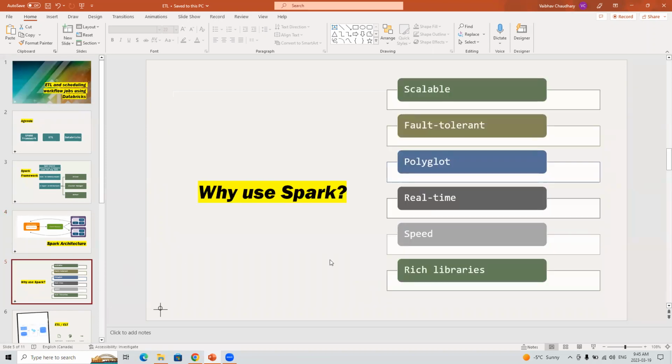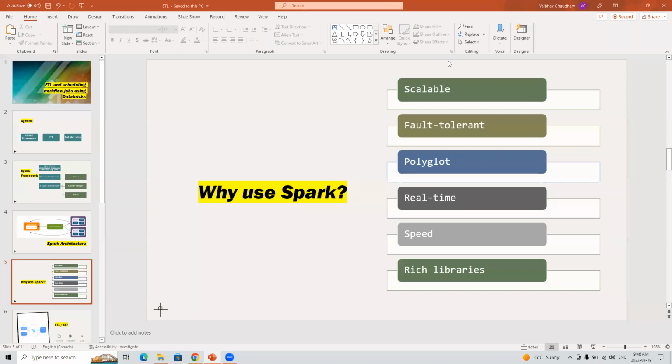And why do we use Spark? It's because it's scalable. There are two kinds of scalability: one is horizontal, one is vertical. Definitely a very good question for the interview if someone is appearing for it in the data engineering field. Scalable as in I can increase the number of nodes, I can decrease it. I can increase the size of the nodes, as in maybe I'm going from 128 gigabytes of RAM to 512 gigabytes of RAM. That is vertical scaling. If I'm increasing the number of nodes, that is horizontal scaling.